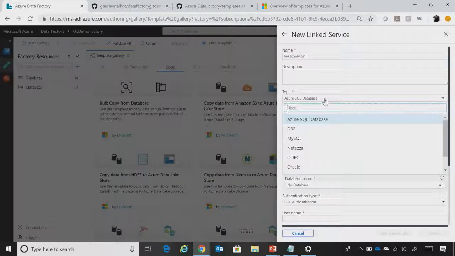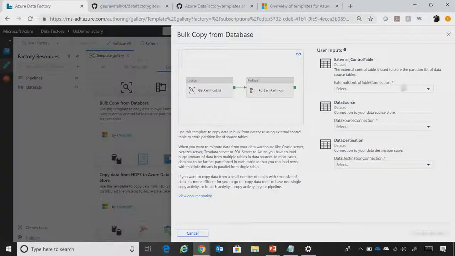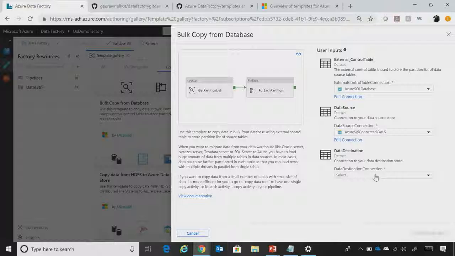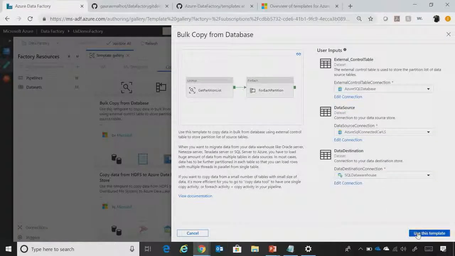And as you can see, we're already limiting it to what the database is. So once you click plus new, the only connections that you can create are the ones that we support for this particular template. Okay. Right. So you provide those particular values, and so let's say in this particular case, I provide my Azure SQL database for control connection. I want to move data from another Azure SQL database to my data warehouse, and I say use this particular